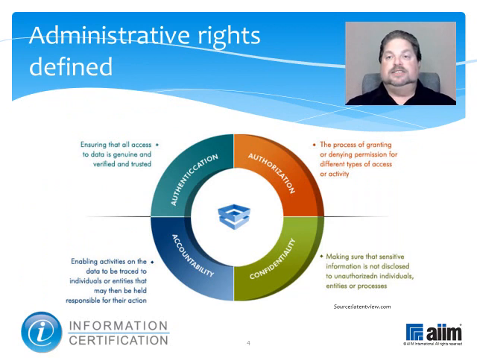Administrative rights are those that permit access to and control over systems data in 4 major areas: authentication, ensuring that all access to data is genuine and verified and trusted; authorization, granting or denying permission for different types of access activity; confidentiality, making sure that sensitive information is not disclosed to unauthorized individuals, entities, or processes; and accountability, enabling activities on the data to be traced to individuals or entities that may be held responsible for their actions, the key to enabling auditability. Without these rights, a user cannot perform many system modifications, including the installing of software or the